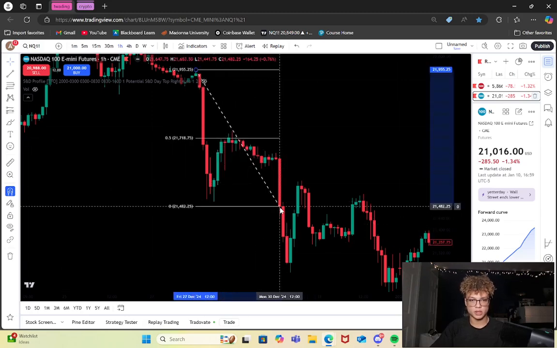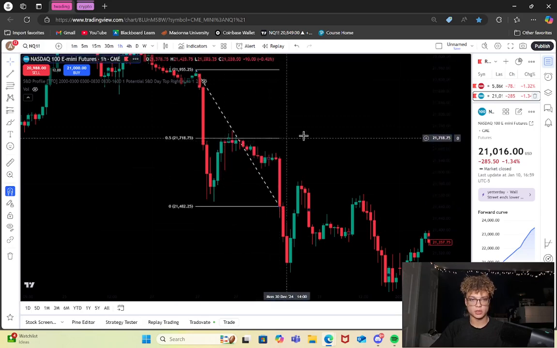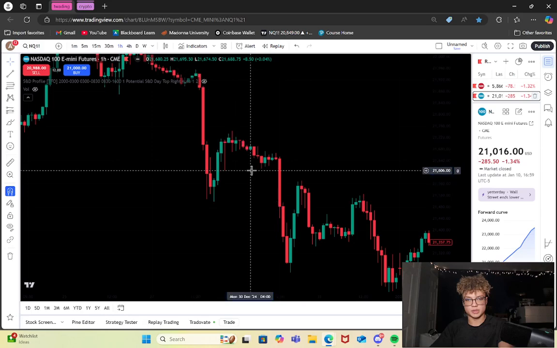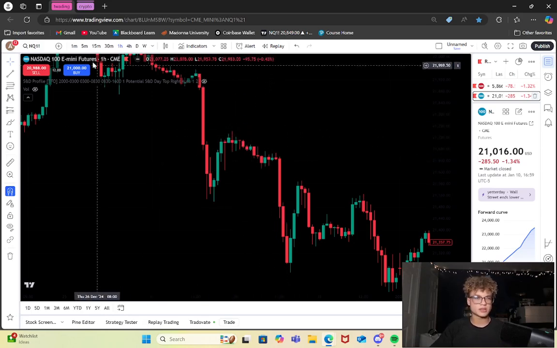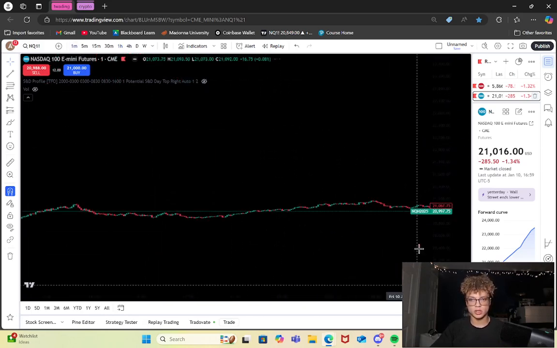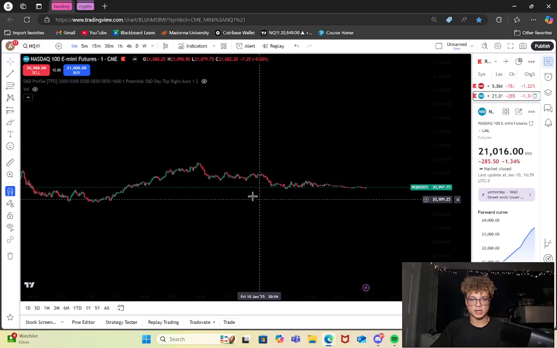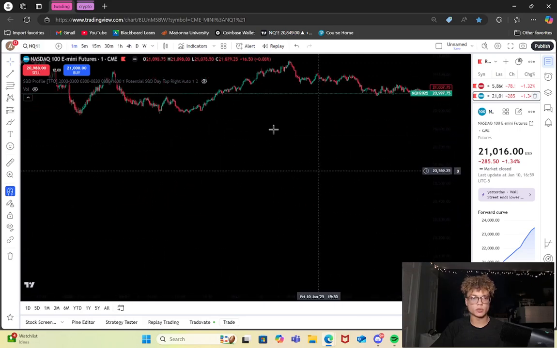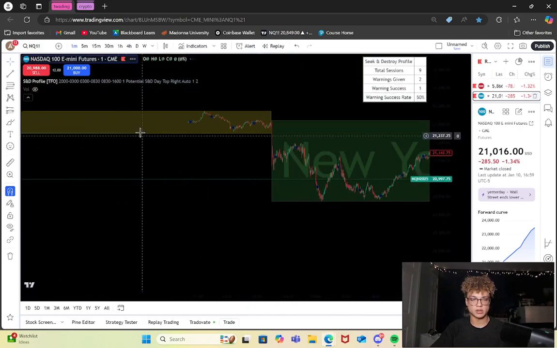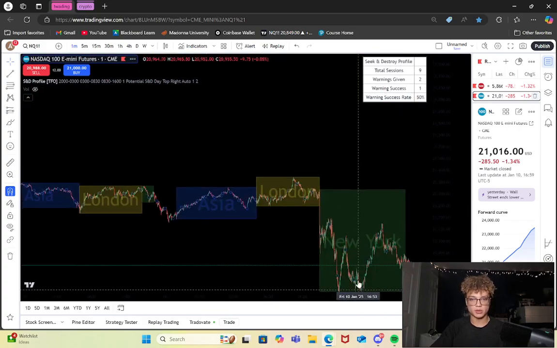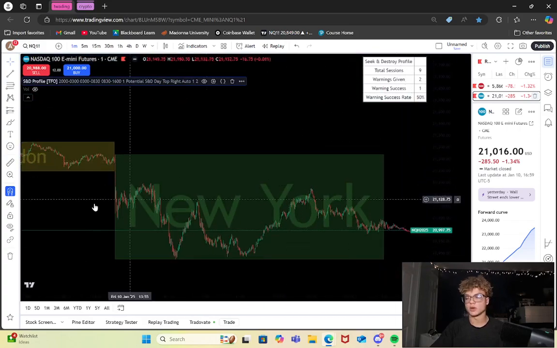We see price is in a premium to buy technically right here and end up selling. So like I said, this isn't the best confluence to use on the smaller time frame, or on any time frame really. Yes, to an extent it works, and obviously I'm showing it working, but you need to have other confluences in line. So I think within these next few videos, I'm definitely going to be going over